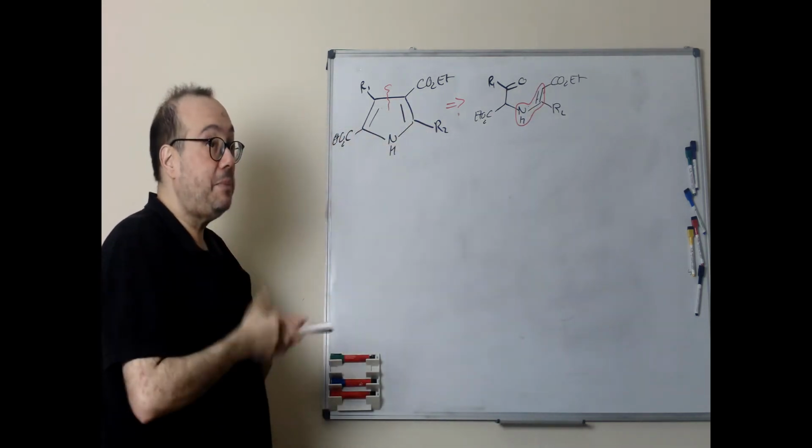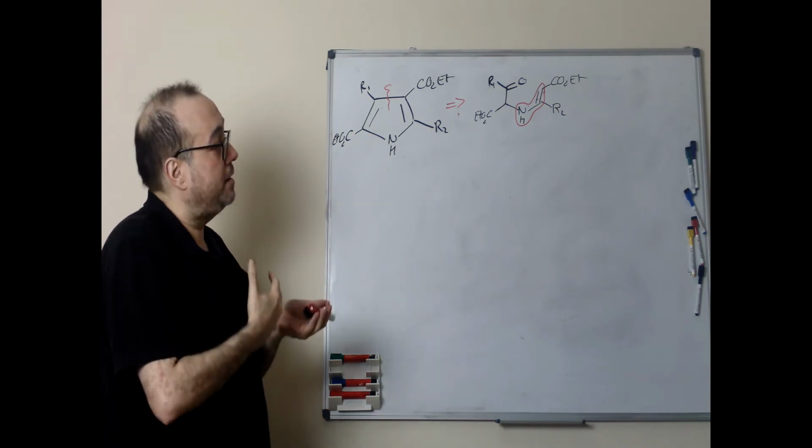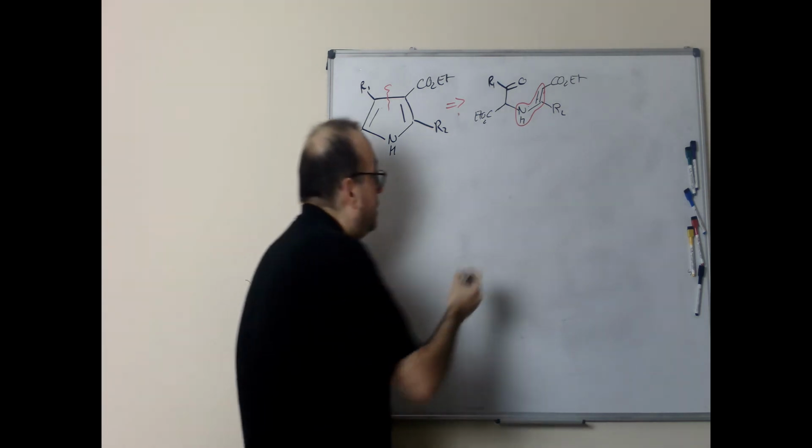And remember that the enamine basically is the addition of an amine to a carbonyl group. That means that this can come from